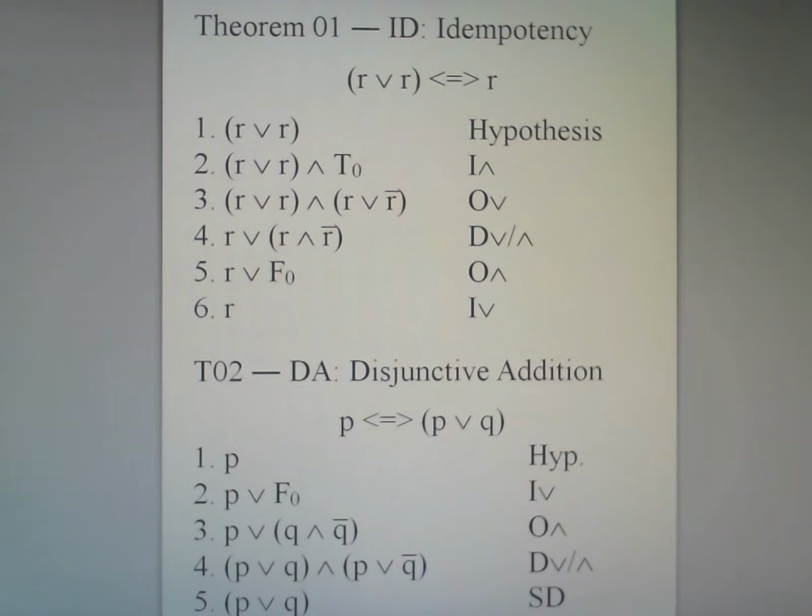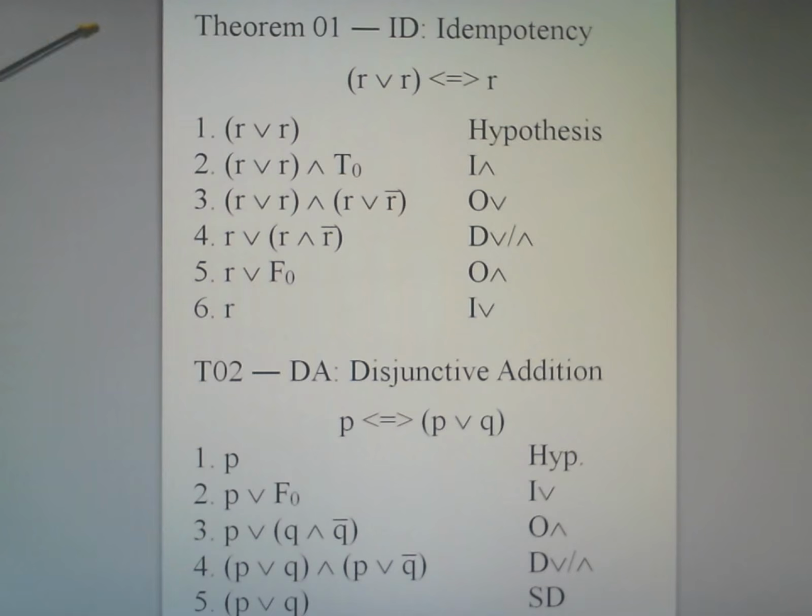Here we have an example of two different proofs, one on the top and one on the bottom. They happen to be Theorem 1 of the system that I have developed and Theorem 2. And these are traditional theorems in the study of logic. Theorem 1 is known as idempotency, which is the Latin phrase for its own power or power of itself. This is also known as tautology, as a matter of fact, which means basically that it is merely referring to itself. And as you see, of course, in the symbolic expression of it, this part of the whole proposition is referring to this other part of the proposition, and therefore it is tautologous.